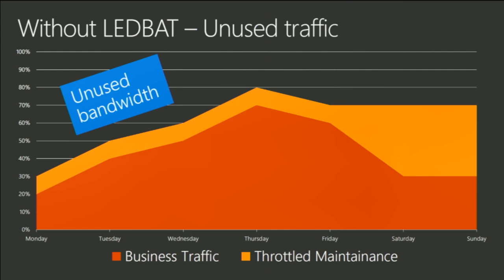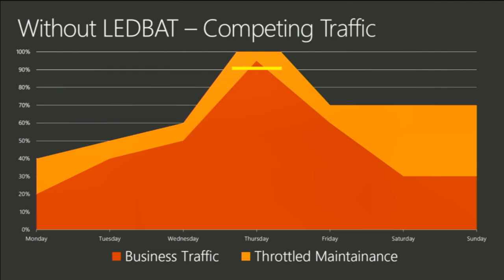In the old days, this is what we had to do if we wanted some content out in an enterprise. We were given like 20 to 30% of the WAN usage. You can't use any more, maybe a little bit more on the weekend, and that's what we had to stick to. And that was kind of okay until that day when something was really needed, and everybody had 20 to 30%, and the phones start ringing, and things are bad. How many get a call when the network is slow? Yeah, a few hands. Who in here is a ConfigMgr admin pushing software or patches out? Yeah, quite a few hands.